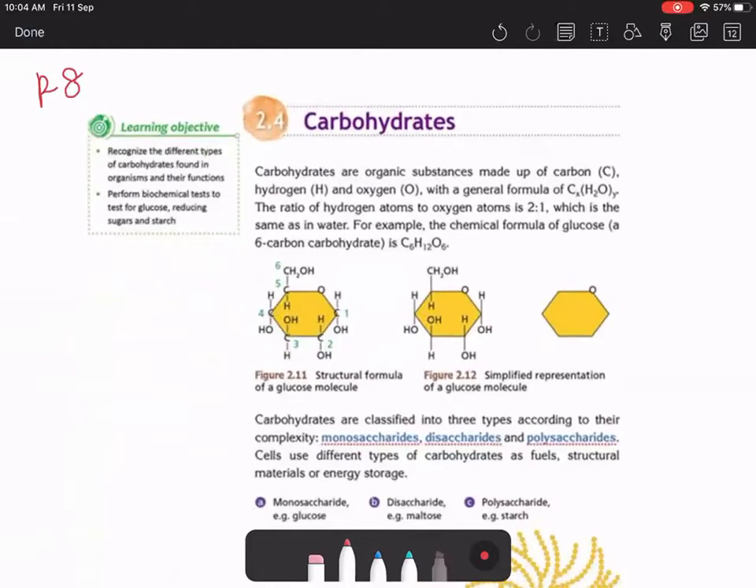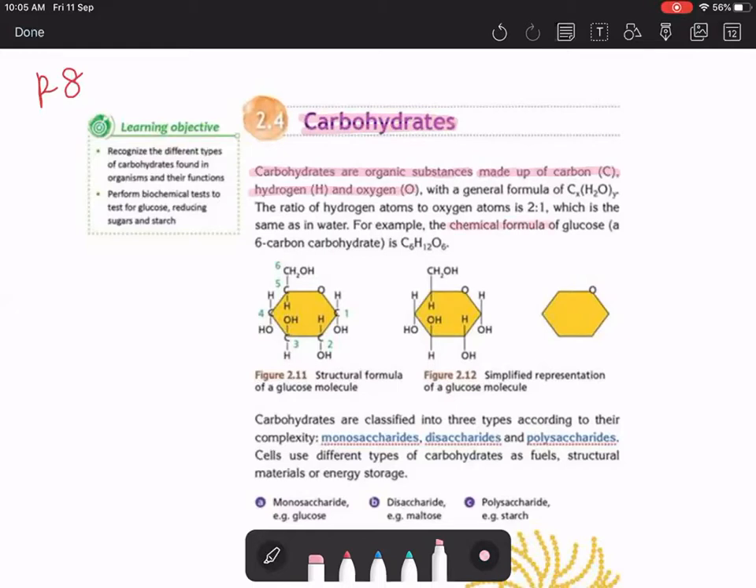I would like to highlight some important content first. Now, carbohydrate, okay, don't write the letter N. And carbohydrates, because there is carbon, they are organic substances. Please bear that in mind, made of carbon, hydrogen, and oxygen. And I want you to remember this important